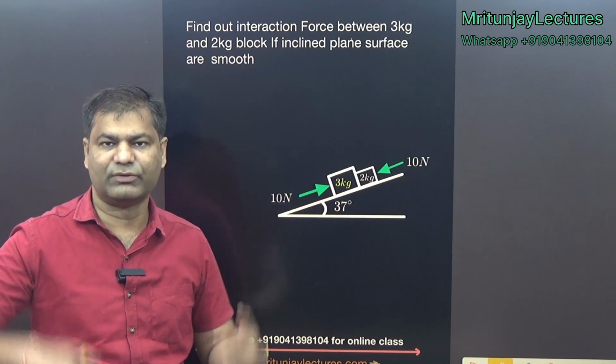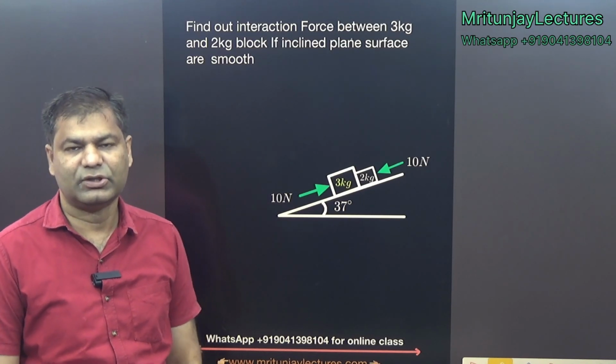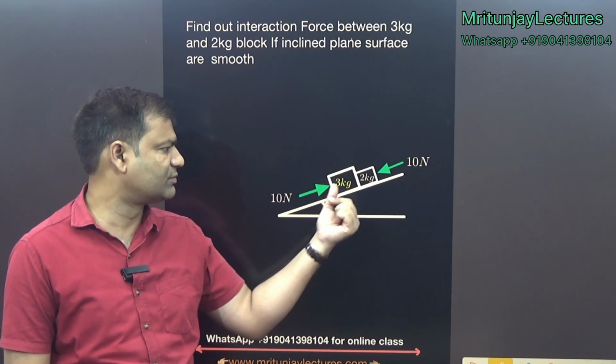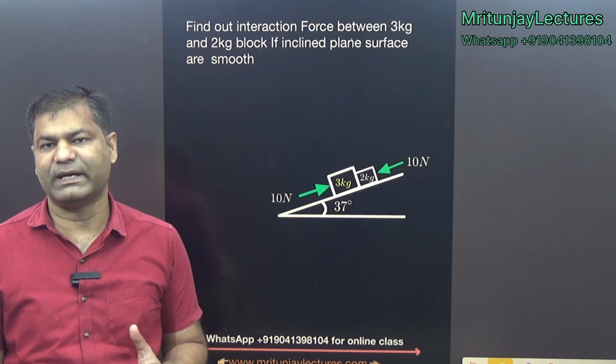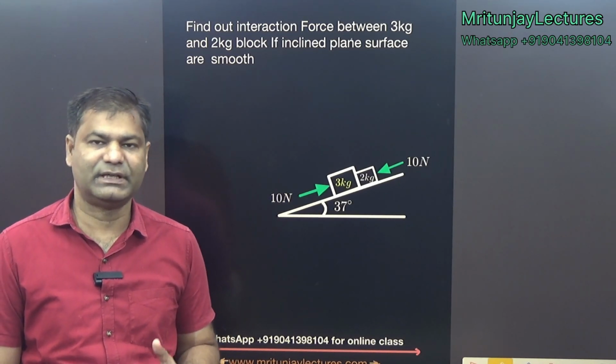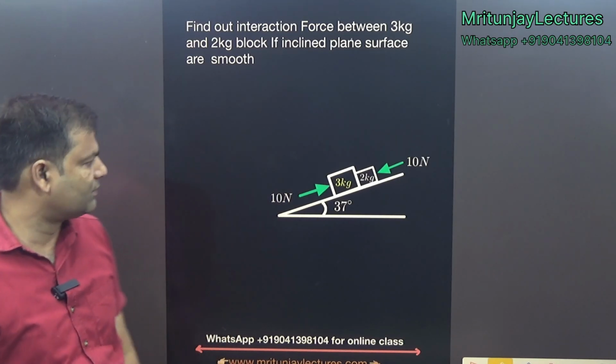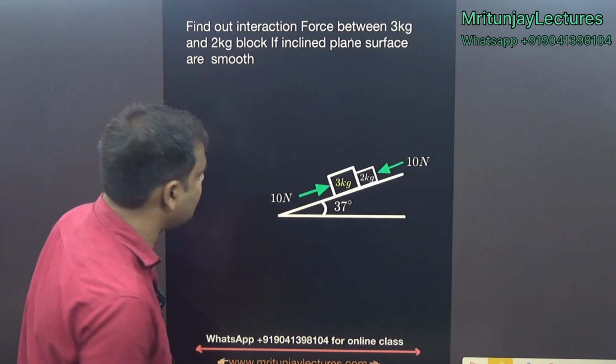Both are equal forces in opposite directions. So how can we determine the interaction force between the 3 kg and 2 kg block? First of all, make a free body diagram of the 3 kg block, and after that make one for the 2 kg block. Now look here,